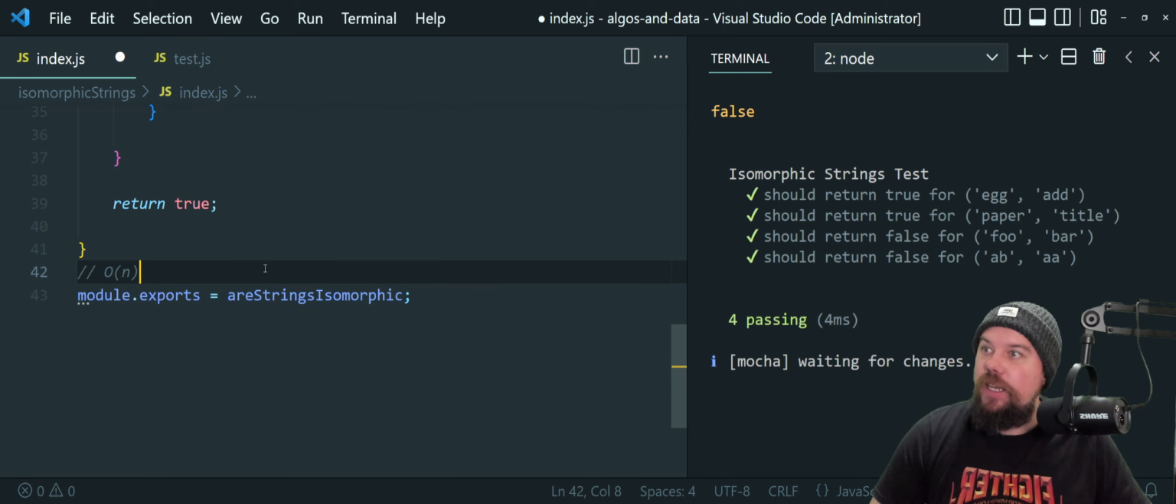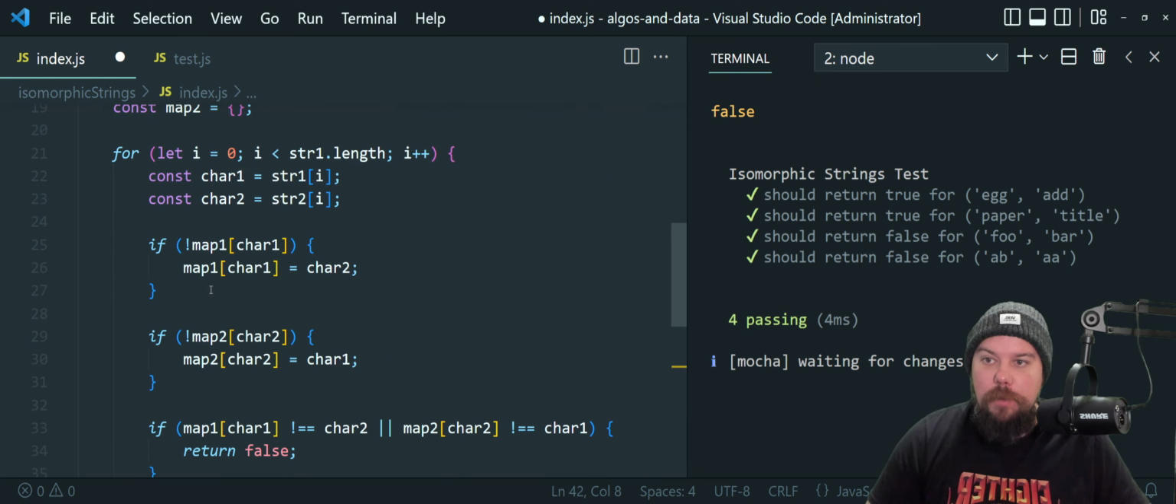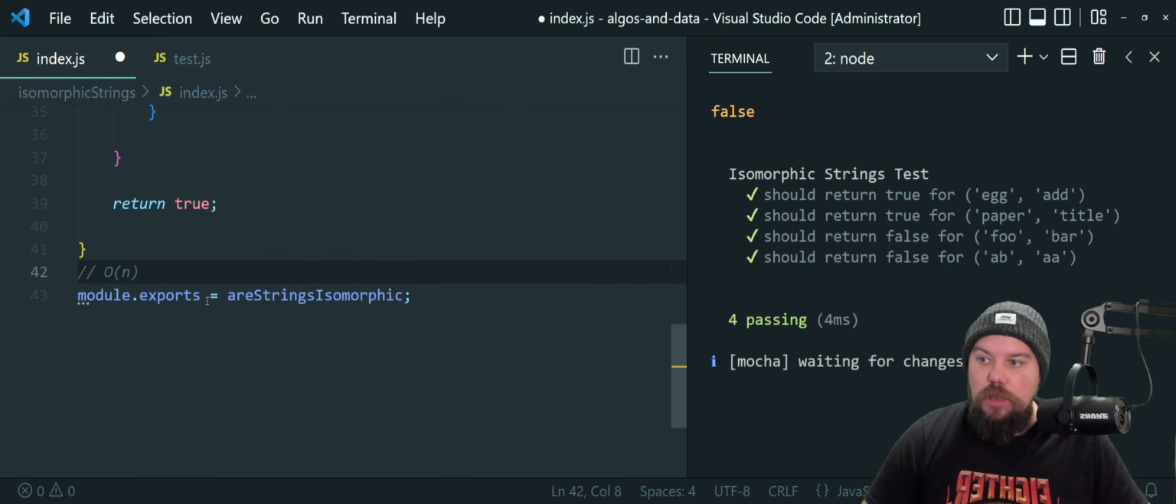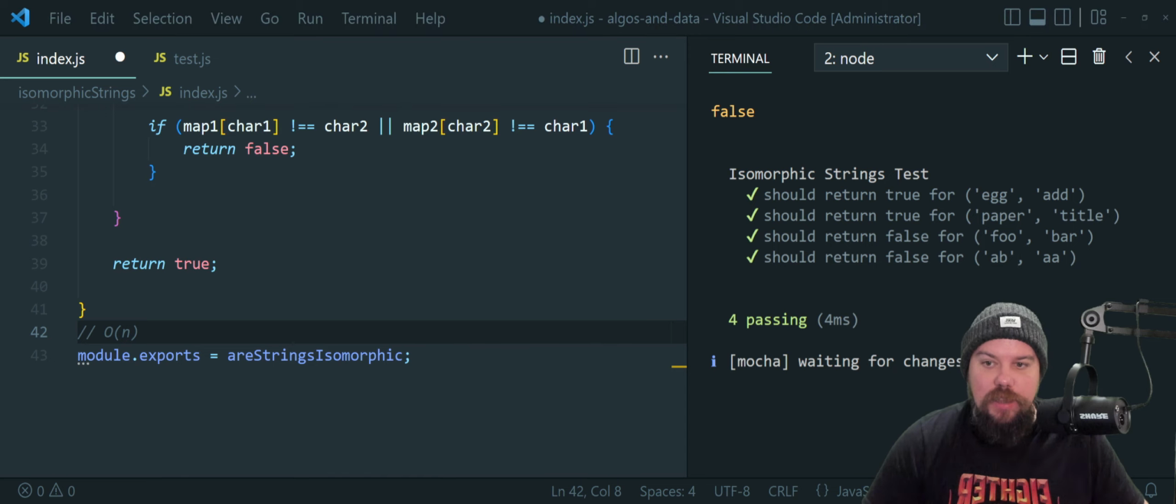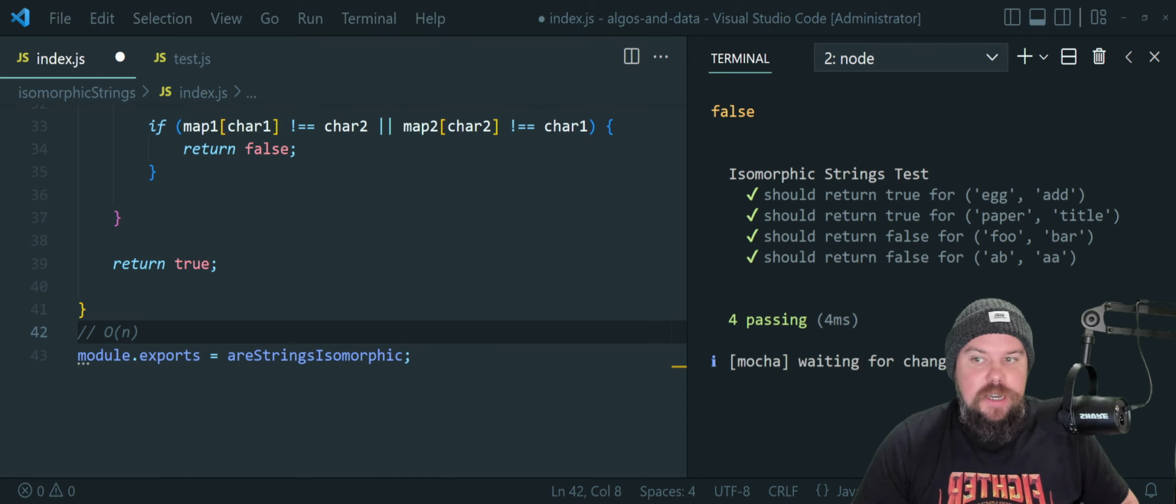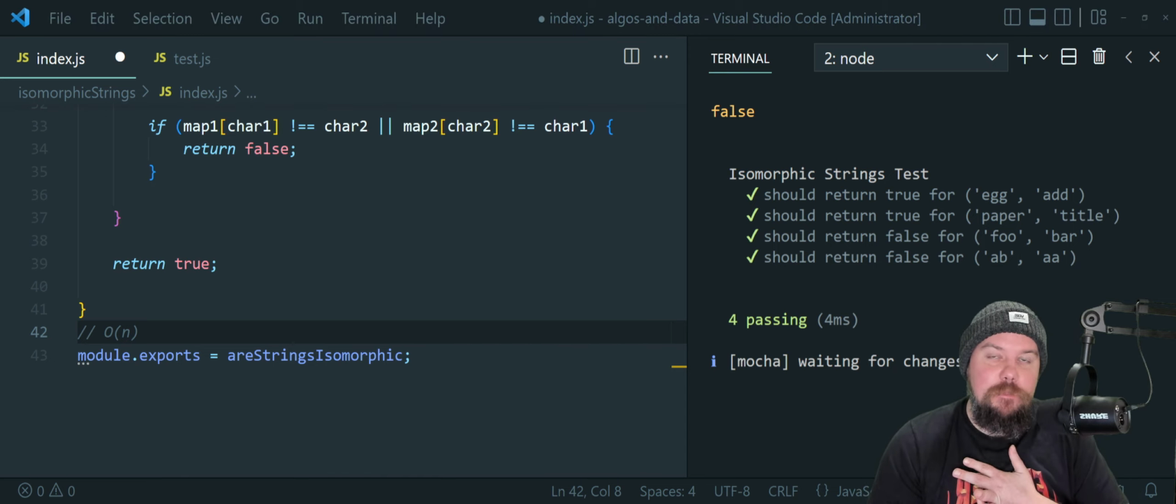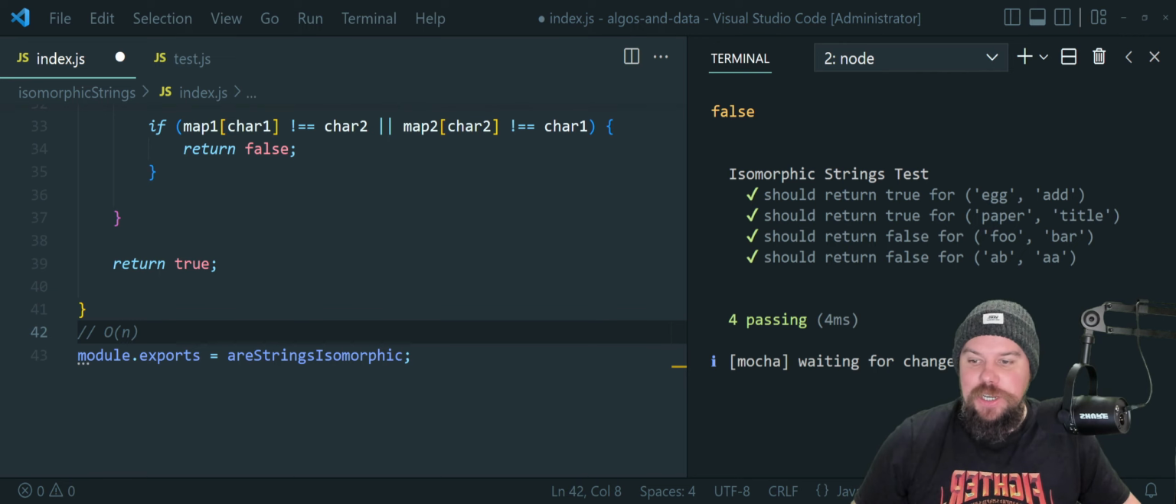Because basically we only do one iteration because the strings are the same length. We don't have to do any kind of nested loops, shenanigans, or sorting, or things like that. We're going to loop through our strings one time. We're going to be creating objects as well that will grow as the length of the input grows. So this is a time and space complexity of big O of n, which is that big linear line,